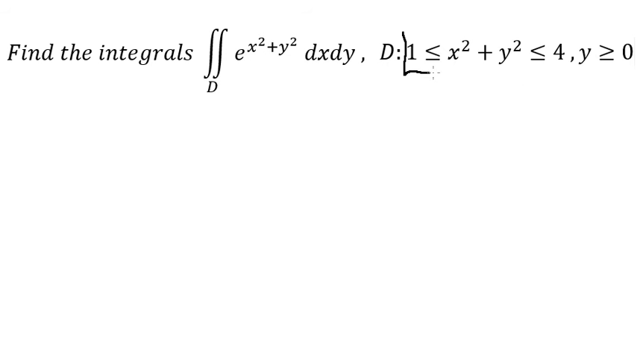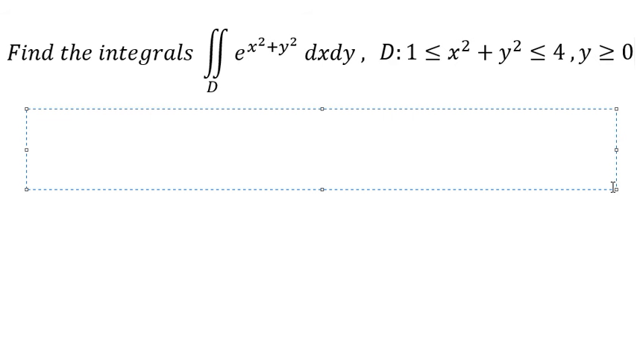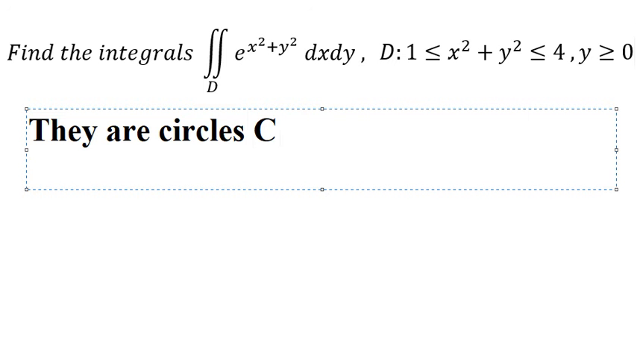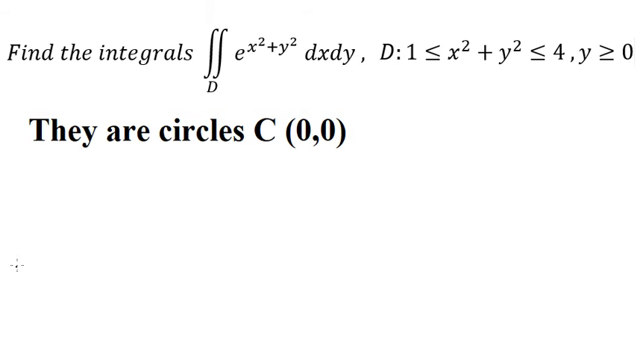First, we need to write about x squared plus y squared equals 1 and x squared plus y squared equals 4. So we see that they are circles. And we know the center of this one should be about 0, 0 in here, because we have the formula